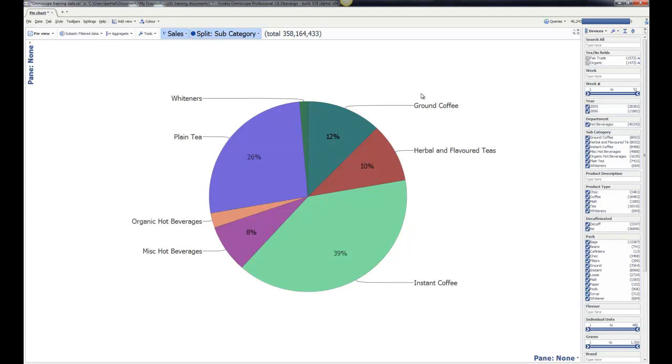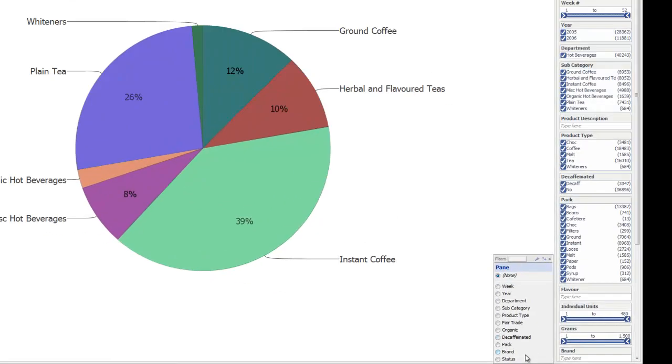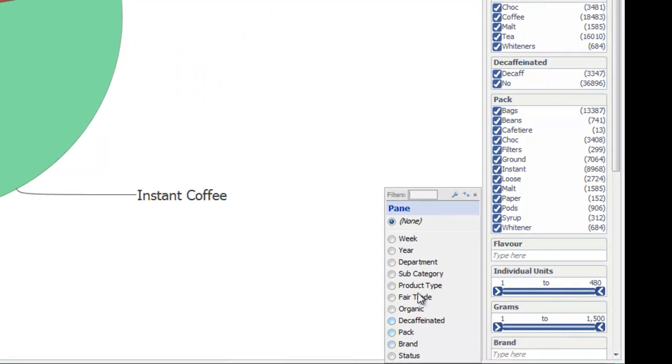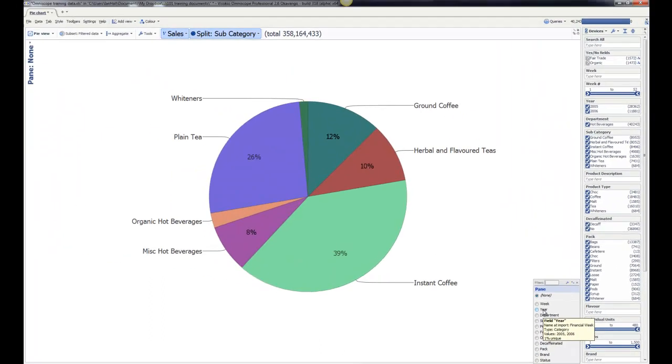That would be quite simple though, so I'm just going to show you a few more advanced features in the pie chart. You may notice up in the top left here and the bottom right of the screen there's something that says pane none. Not too intuitive, but paning allows us to split the screen by another measure. So let's do it. So using the pane bar in the bottom right of the screen, if I choose to pane or split the screen by the column in the data called year,